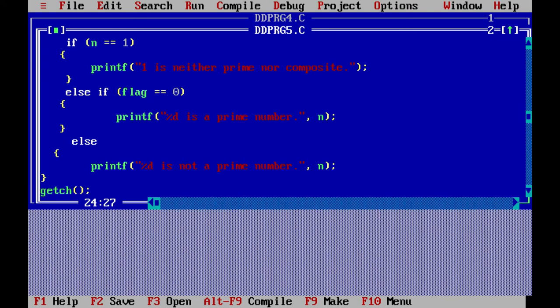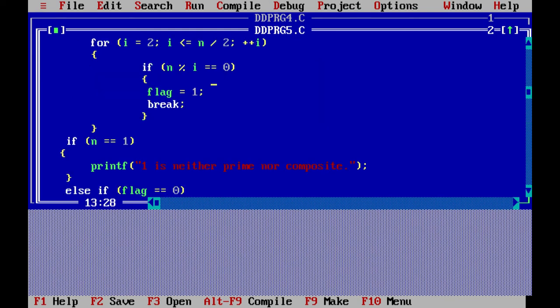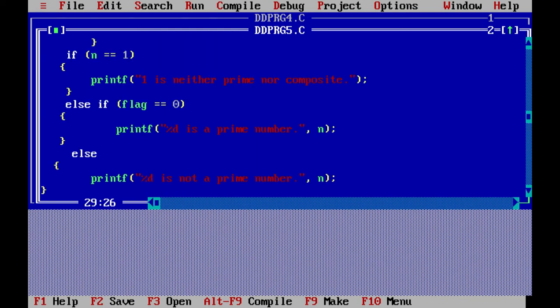Okay, it moved to the next part, that is your else part, where it is written it is not a prime number. So here you got the idea about if you are inputting the n value as 4, it should be calculated, and after calculation it checks the remainder, then the flag becomes 1, then it breaks, then it goes for checking this flag value. It may be 0 or 1. Depending on 0 it should be displayed as prime number, if it is 1 it is not a prime number.